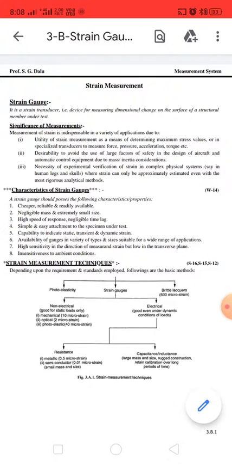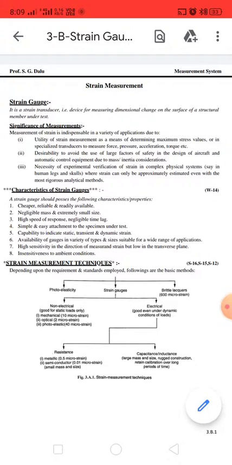In unit number 3, in the first section, that is pressure measurement, we have studied what is pressure and the different units for pressure measurement. Then we have studied the significance of pressure measuring devices, and then the classification of pressure measuring devices. In that we have studied low pressure, high pressure, and medium pressure measuring devices. Likewise, we have completed the first part of unit number 3.